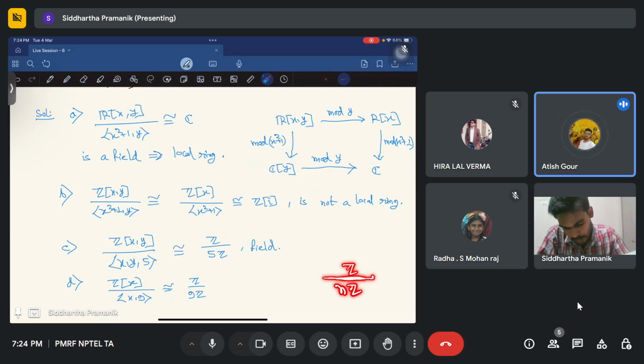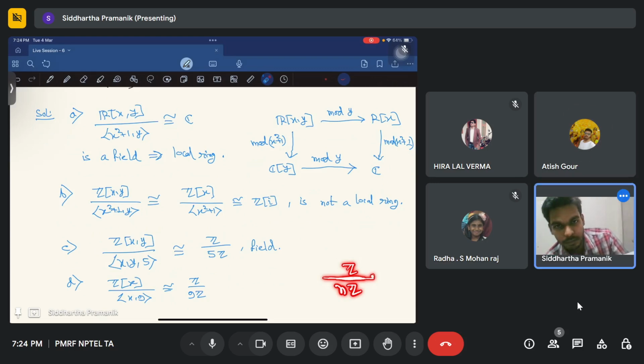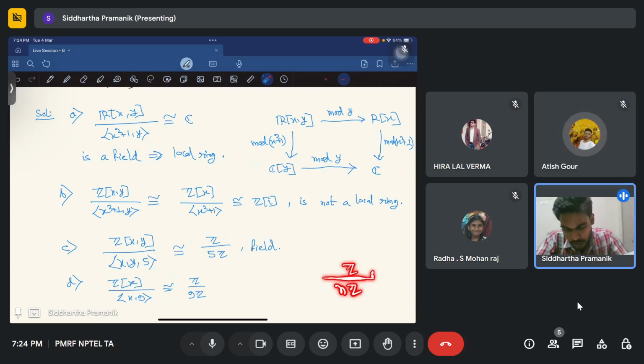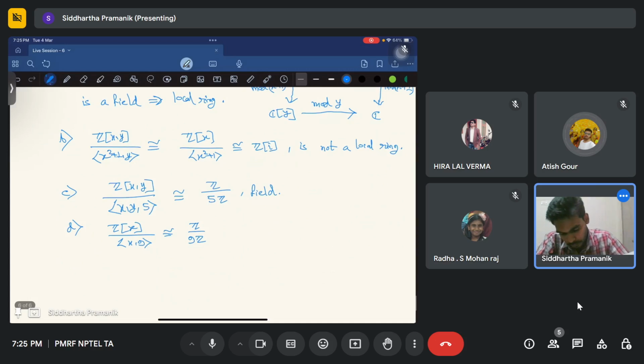Can you find all the prime ideals here? Just use the correspondence theorem. So it is in fact a local ring, and with the maximal ideal,